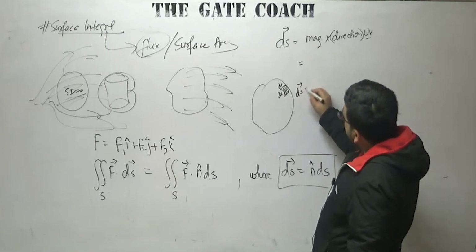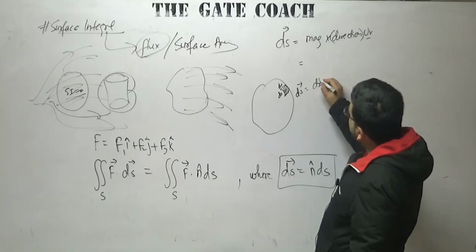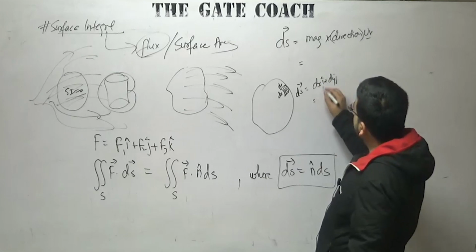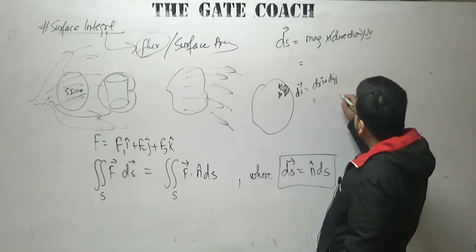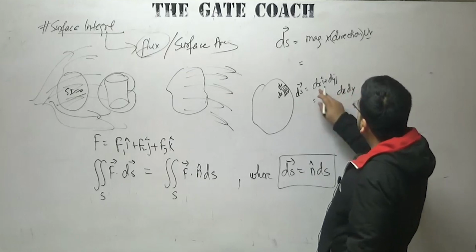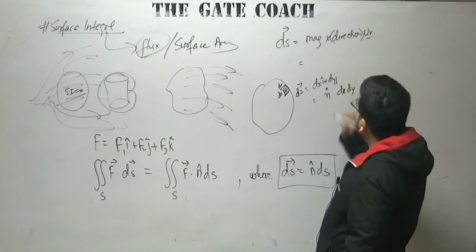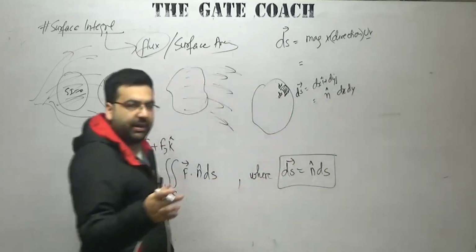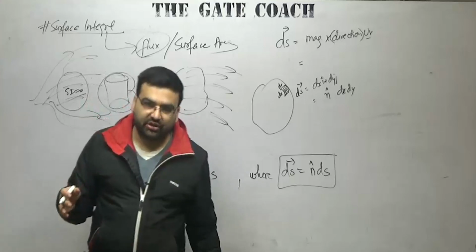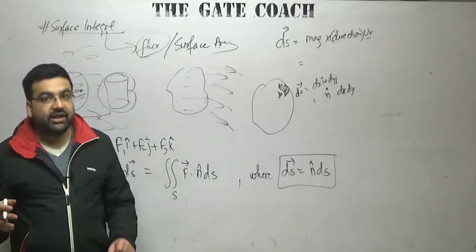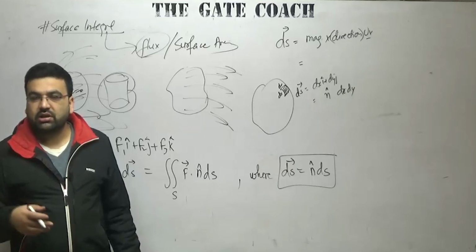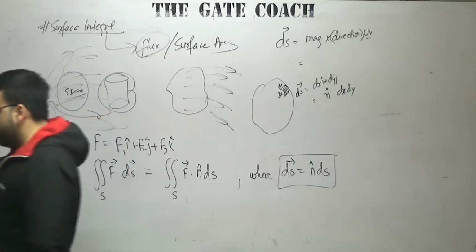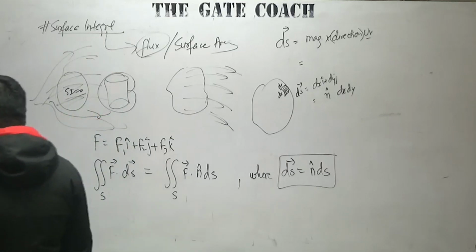So this ds will be equal to what? It will be equal to dx i cap plus dy j cap, or I will say it is just equal to its magnitude, let us say ds. dx dy is the magnitude, into the unit vector. Simple. I can also write ds as dx dy or dy dz, depending on which plane you want the projection. If you want the projection on the xy plane, it will be dx dy, and z will be constant. If you want the projection on the xz plane, dx dz, y will be constant. So depending upon that, you have the various values of dx and dy.